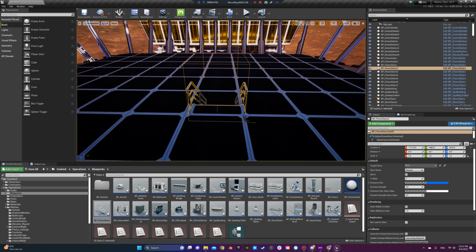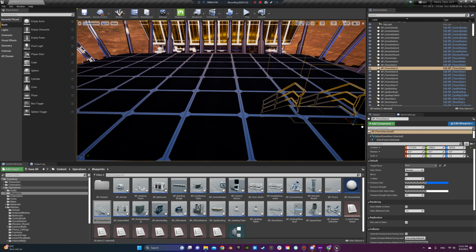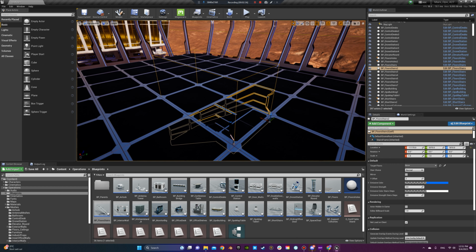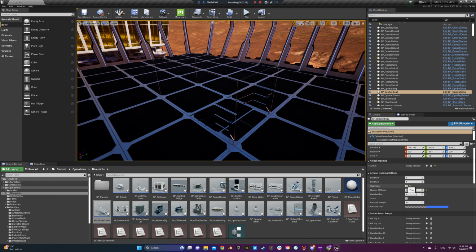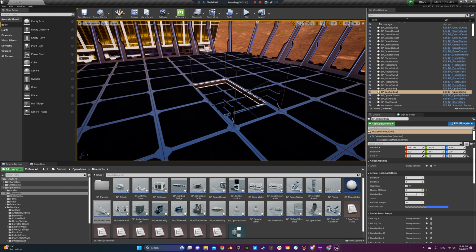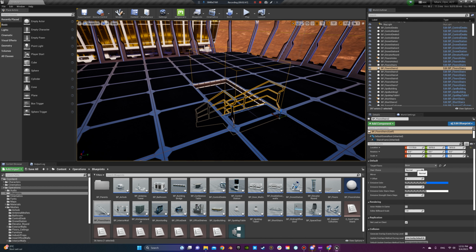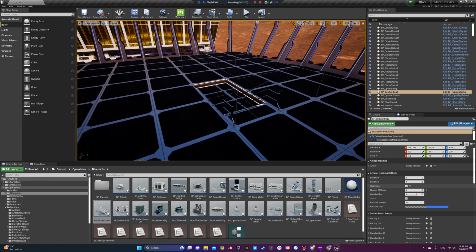You align it where you want it, and then again click on the blueprint building and run the construction script again by changing a variable. And then with this, there are different choices here. You could have it with rails, without rails. You can have it wide right. Again, whenever the box changes, you have to run the construction script again for